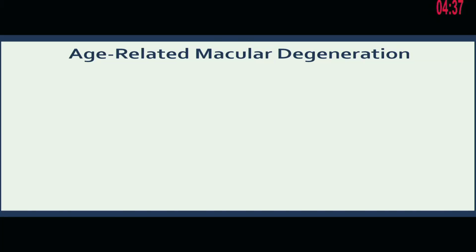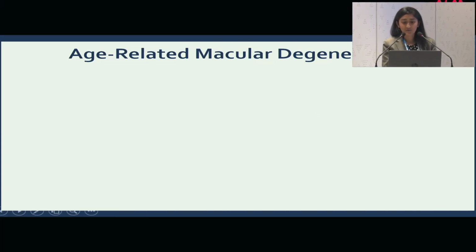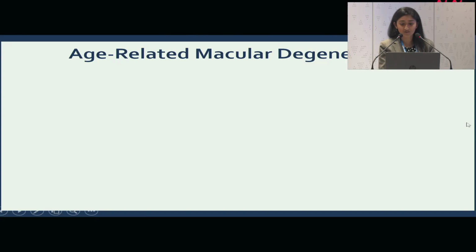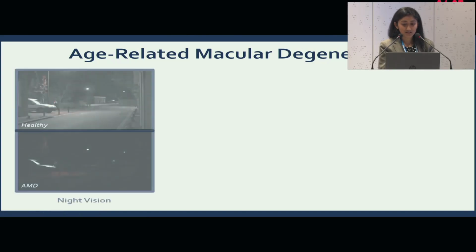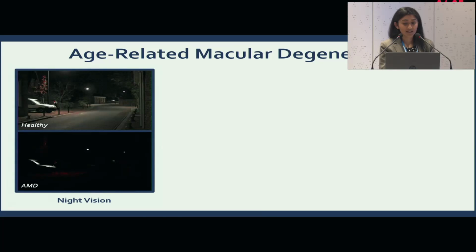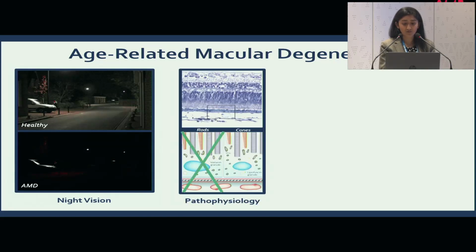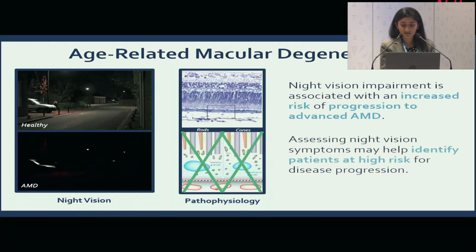So as you all know, AMD is the most common cause of blindness in developed countries, particularly in people over the age of 60. Patients with early or intermediate AMD may have difficulties performing activities under low luminance, like driving or reading at night. The pathophysiology may involve slowing of rod-mediated dark adaptation. Given the interdependence of rods,